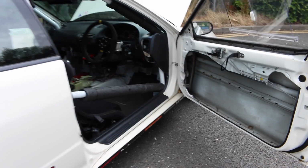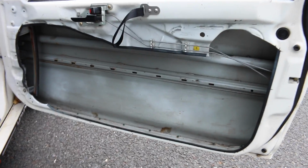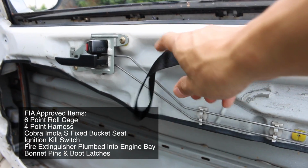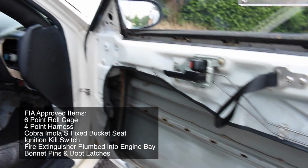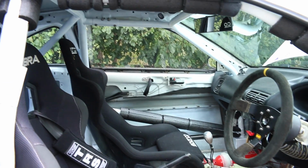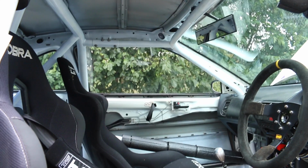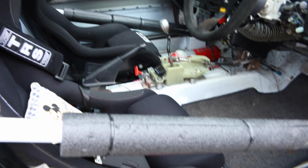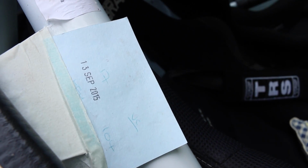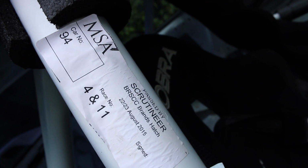So moving on to the interior, the door has been completely gutted to save weight. We also have this leather strap so the driver can reach out and close the door. And on the interior, well, completely stripped out as well. Roll cage. And if we just look at this one, last race 2015. MSA scrutineering,